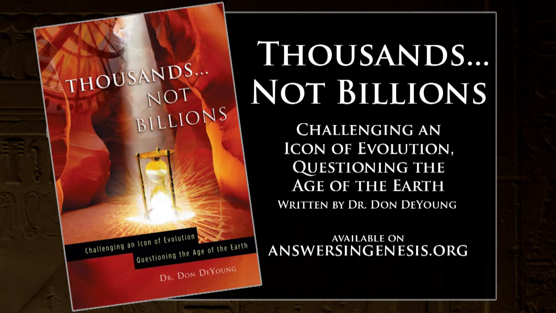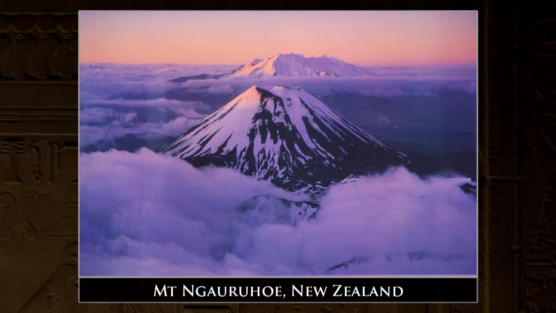Now, let's shift to research you've also done on a volcano in New Zealand. I'm going to let you pronounce it. Mount Ngauruhoe. It's just to the north of Mount Ruapehu, which is still active, and just south of the geothermal areas. Mount Ngauruhoe is currently dormant. It erupted in 1949, 1975, 1954.